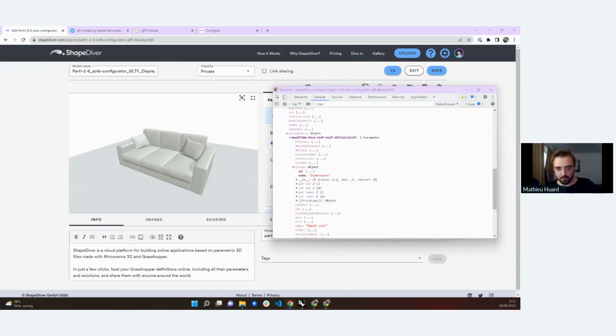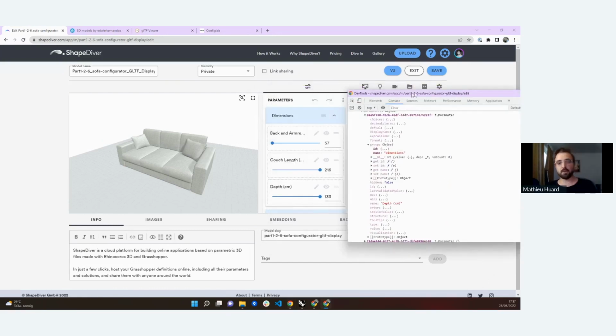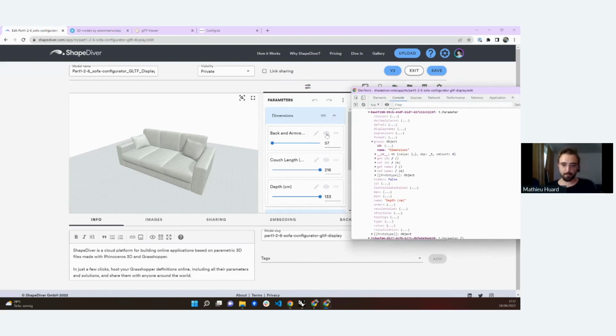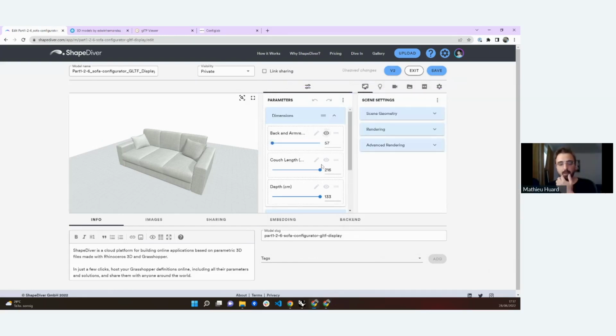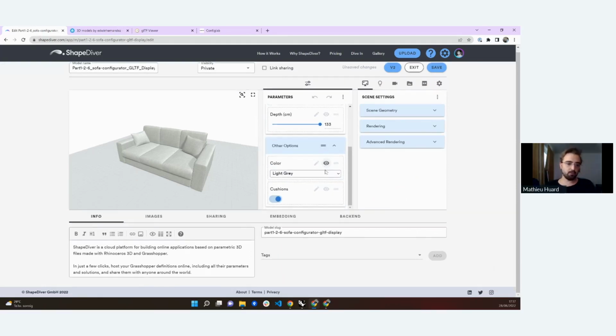Yeah, one other one is like the order also is reflected, and also the visibility. So you have this hidden property. And so here in the edit mode of the model, you know that you can hide or show parameters directly on the platform. And the idea is that it's also stored in the API, the state, the visibility states, the order of all parameters, which group they belong to, which means that you can really,